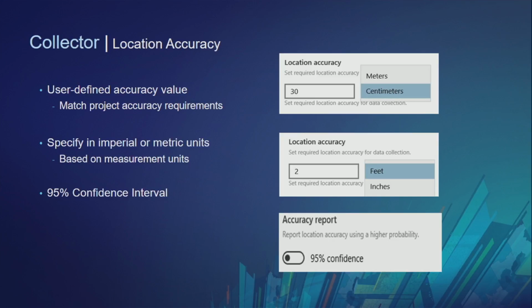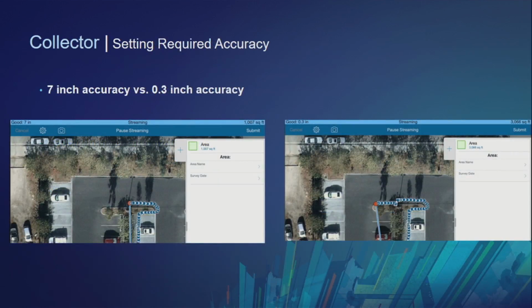We're going to get into the next slide where, again, same collection that Morgan and I were doing around our campus. And you can see the importance. So if you look at the image on the left, Morgan and I were doing a streaming in this scenario. I had originally set my required accuracy to 10 inches. We were getting 0.3 inches with this receiver, so we were getting very good accuracy, but we weren't paying attention,